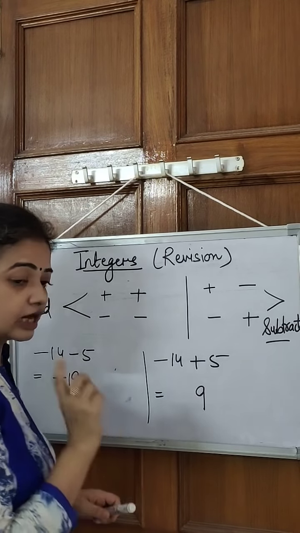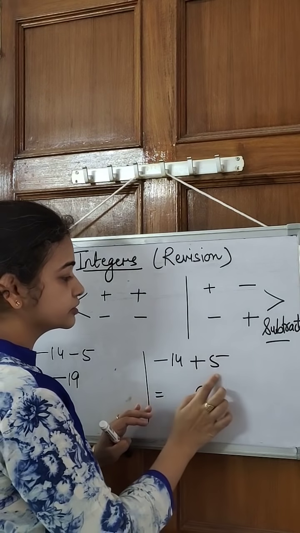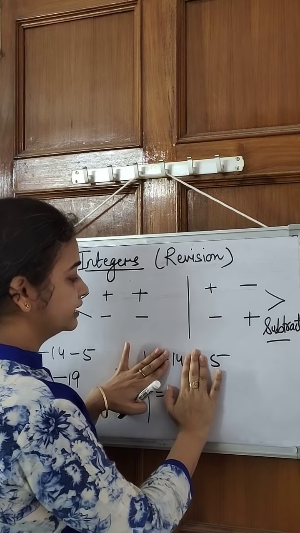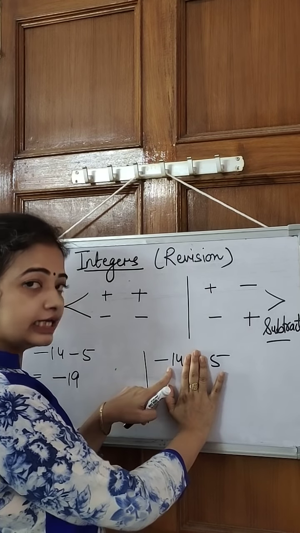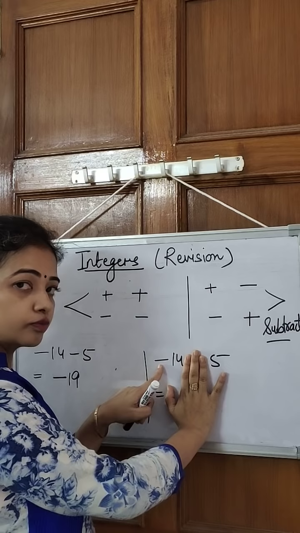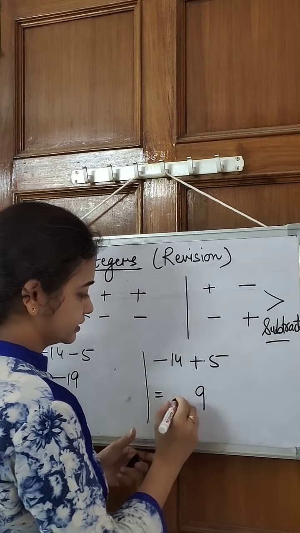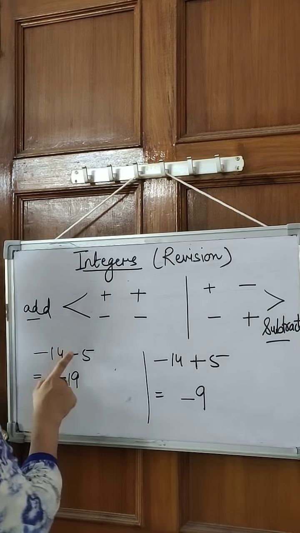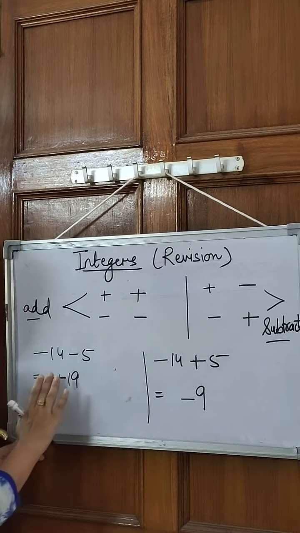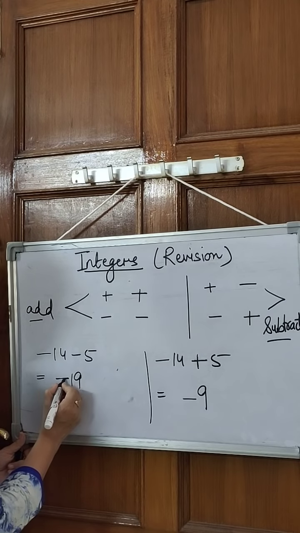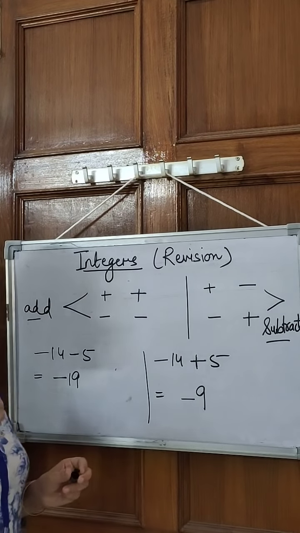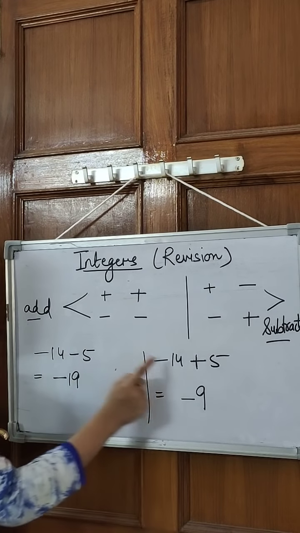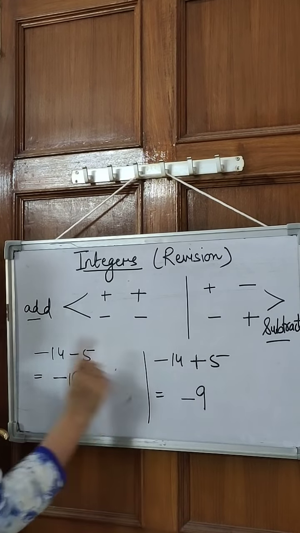To put the sign, again as I said, we see the numbers that we have and find out which number is greater. Out of 14 and 5, which is greater? 14 again is greater here, and the sign along with 14 is minus, so we put minus. Never do this, that minus minus is plus, so here it will be plus. No, it is never according to the operation, it is always according to the sign on the bigger number. So in both cases, the bigger number is 14 and the sign along with 14 is minus.